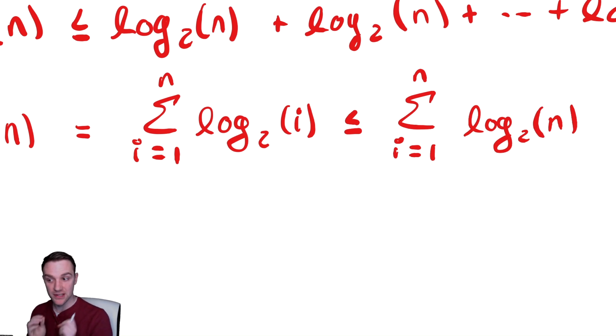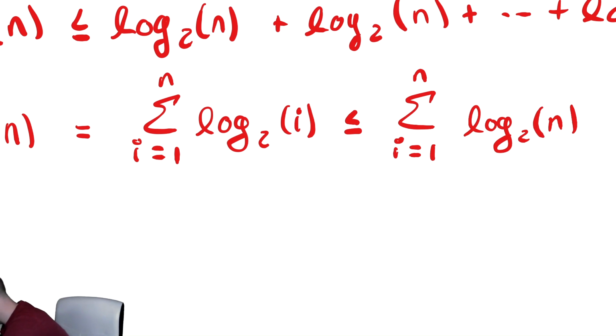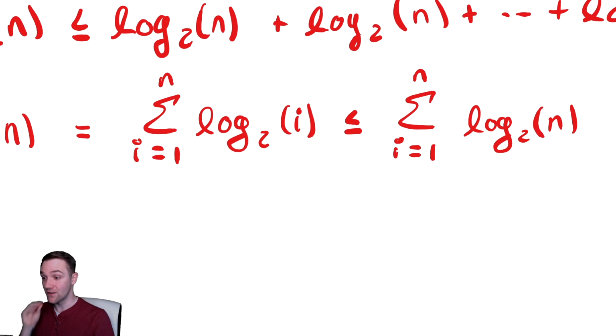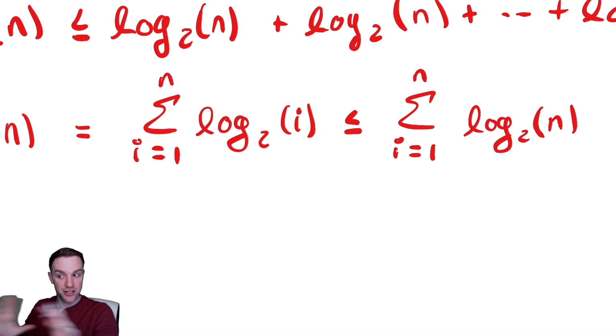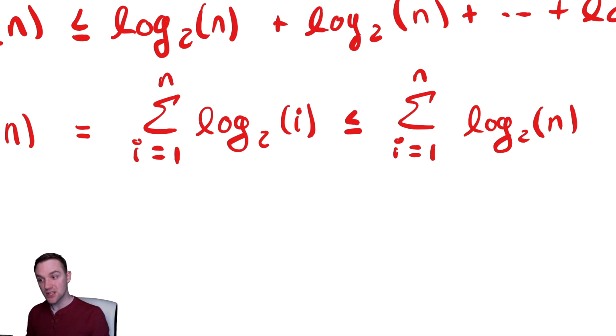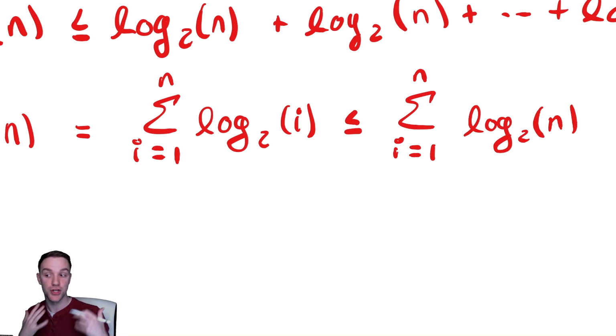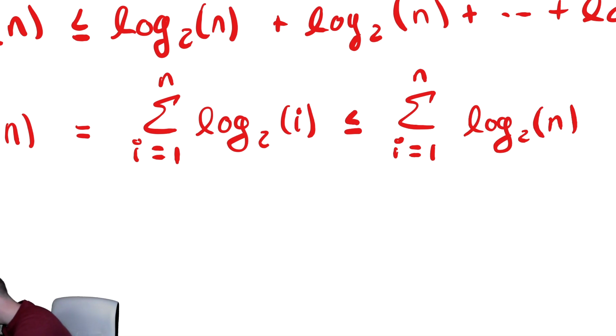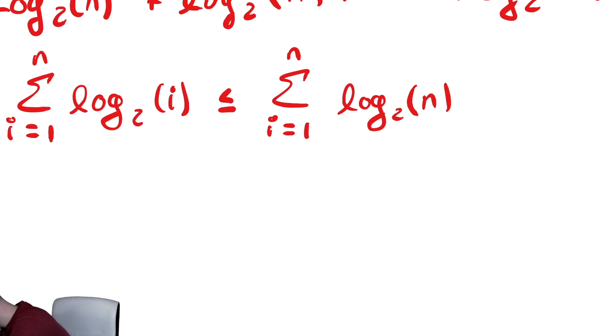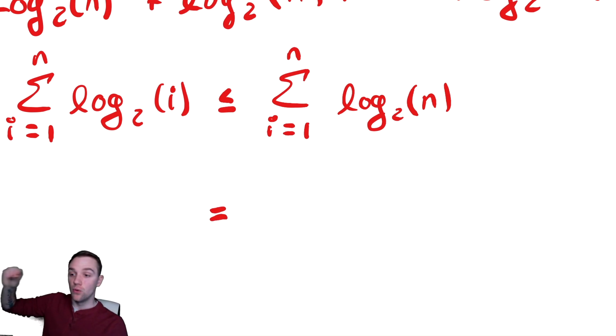And now it becomes a little more obvious how to analyze this. Notice, i is the summation index. It is the variable that appears at the bottom of the summation. Therefore, log base 2 of n is effectively a constant as far as i is concerned. As you plug in different values of i, log base 2 of n does not change. So, just like we saw when we had the summation of 5, this is a similar thing. We have the summation of log base 2 of n, but i does not show up. So, this is less than or equal to, or in fact exactly equal to, log base 2